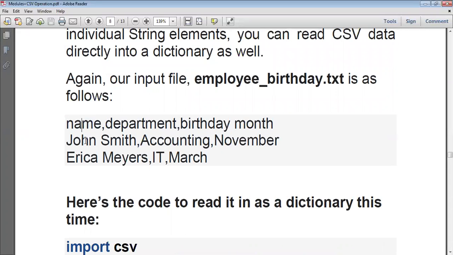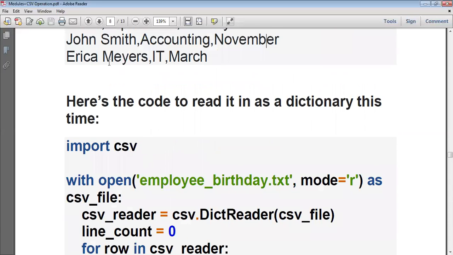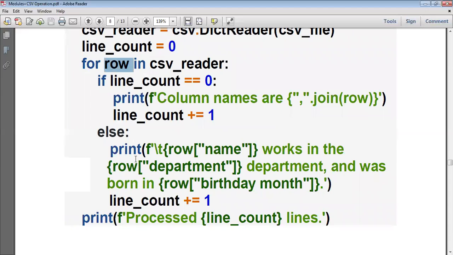So name colon John Smith is the first key value pair. The next is department colon accounting. And the next one is birthday month colon November. In this way, it is read into the dictionary. That is the current row.